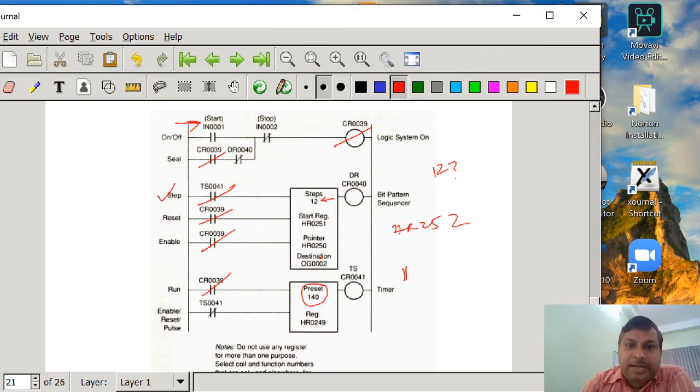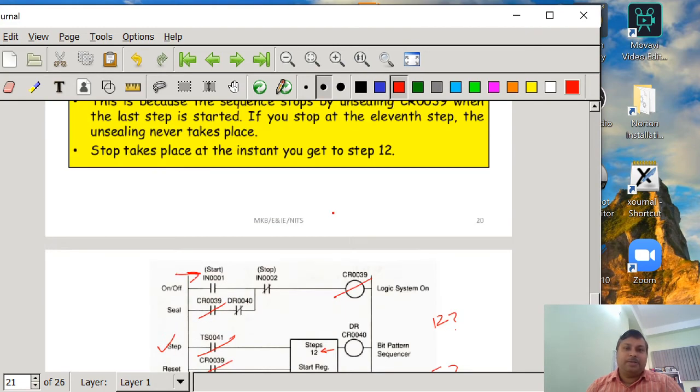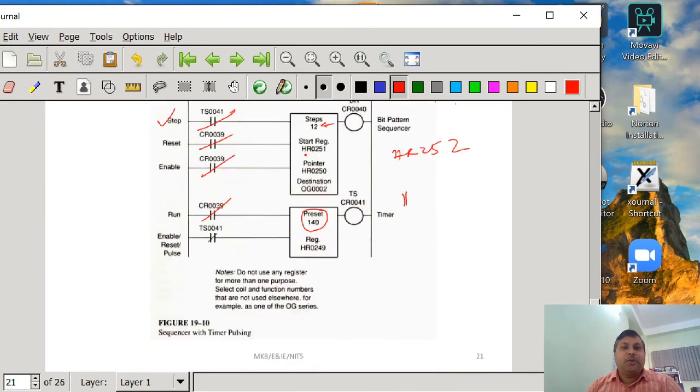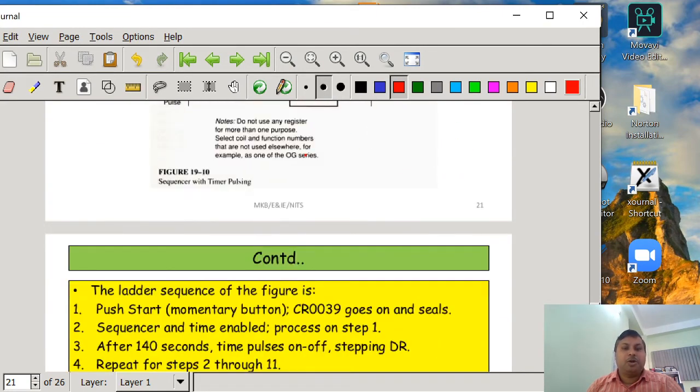To avoid that, we have taken 12 steps, such that up to the 11th step it performs the steps, and at the 12th step it is going to activate and at that time it is going to reset. This is why we have taken 12 instead of 11. It is as simple as that, the way we can perform this sequencing operation to control the dishwasher